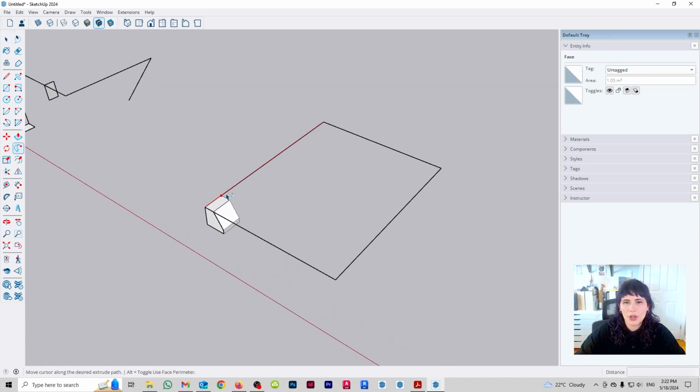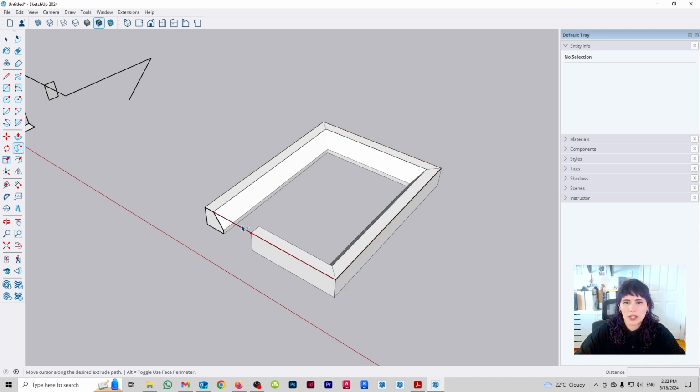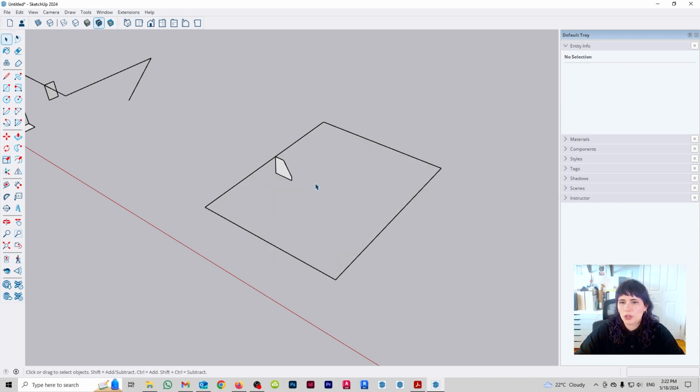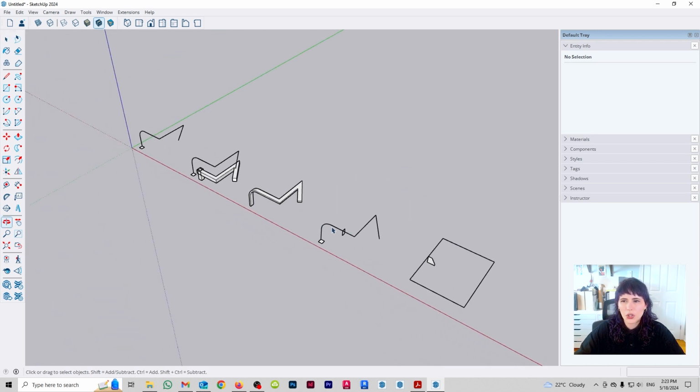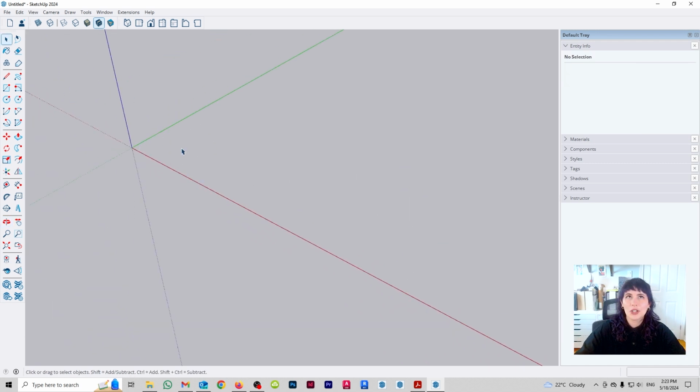So for example, if I go here, you're going to see that, okay, it's coming well and it's coming well. But then when it gets here, it can go a little bit crazy. So because of that, my personal preference is always to put it along the pathway of a line perpendicular to that line, okay? So now to show you one last example of follow me, because I truly love follow